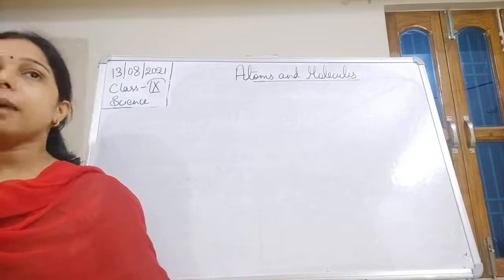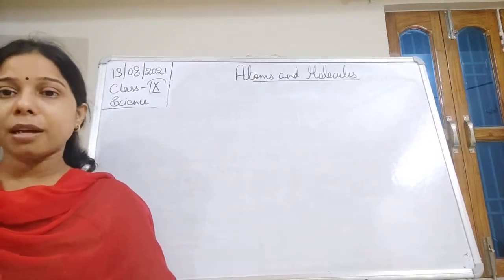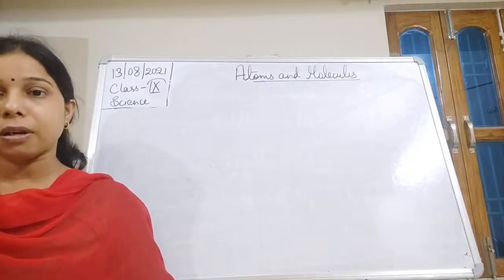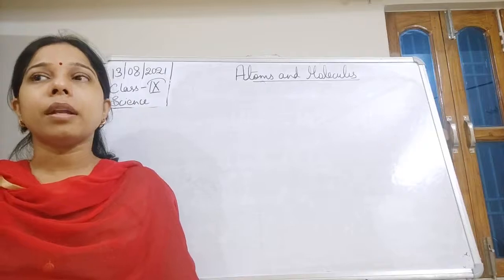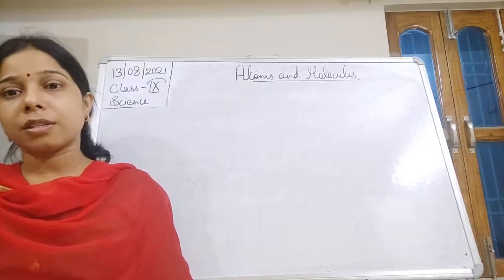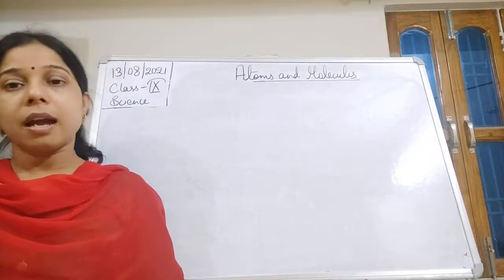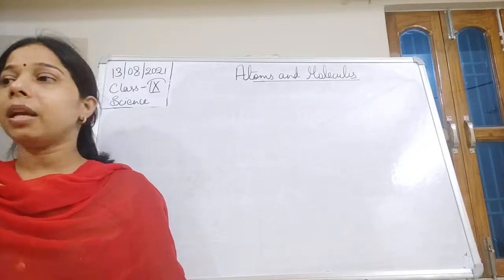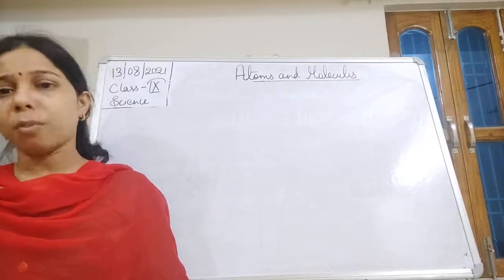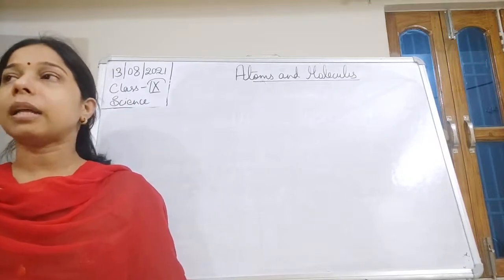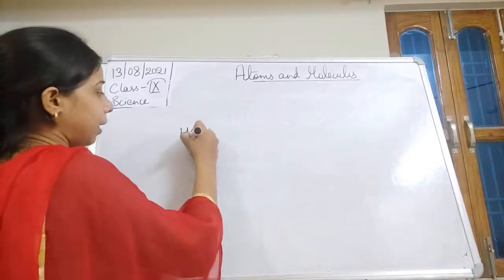Similarly, if the same kind of atoms combine together, the number of atoms actually tells the atomicity of the given molecule. So when the same kind of atoms are combined together, that forms the molecule of an element. Again here, it can be monoatomic, diatomic, triatomic, tetratomic or polyatomic. This is the molecule of the element. So here it can be H2, N2.